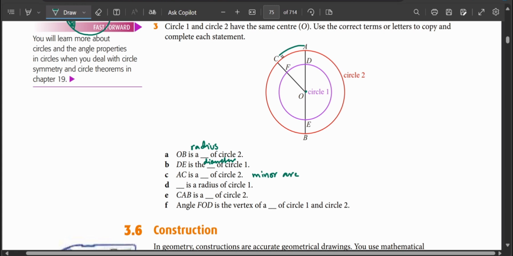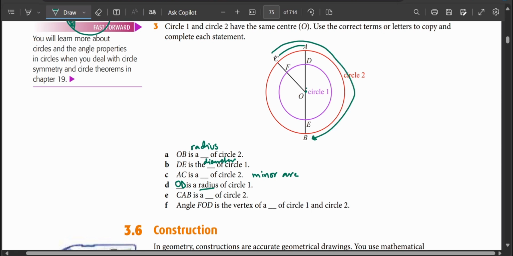What about D? They're asking us to find the radius of circle 1. So what will be the radius of circle 1? O to D. Okay? Or you can also say O to F or O to E. Let's say O to D. OD. CAB is a dash of circle 2. CAB is a dash of circle 2. So what is this? From C to